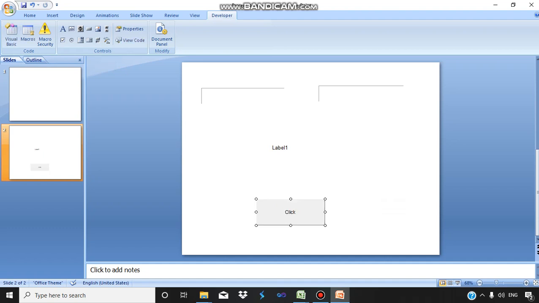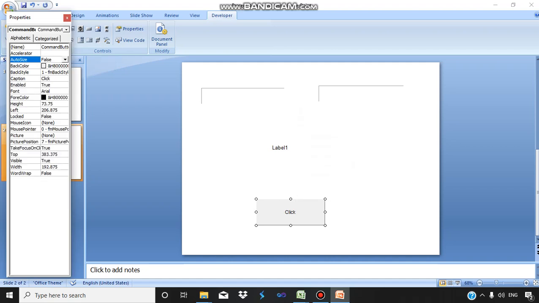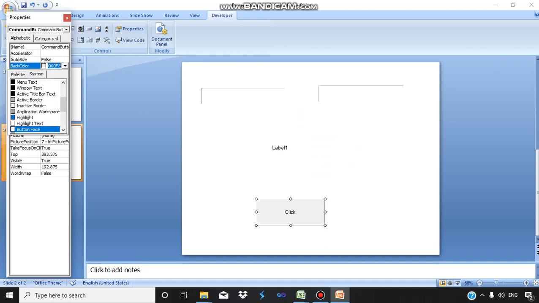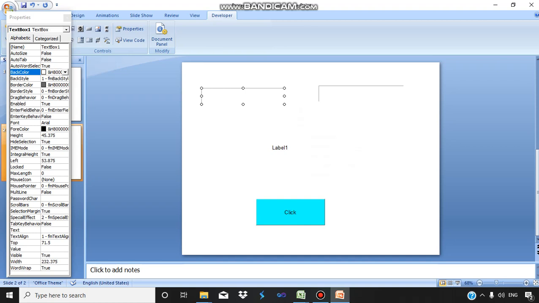Some more properties, like if I want to change the back color, you go to properties and here comes the property window of the command button. Suppose I want to change the back color and I select. Similarly, you can change the properties. You can change back style, border color, border style.